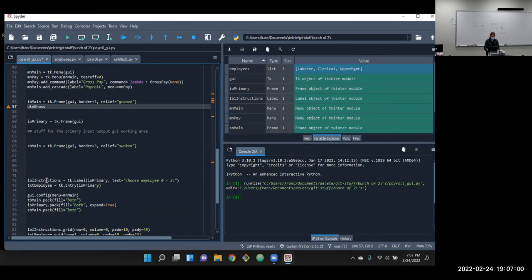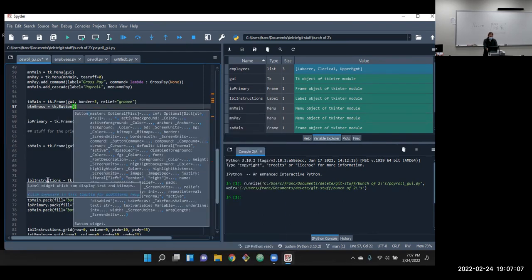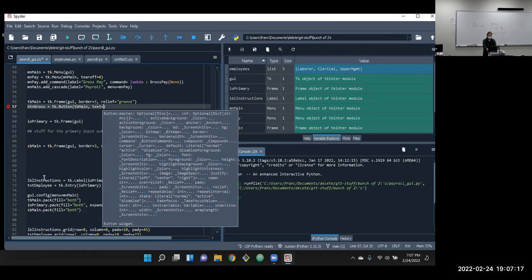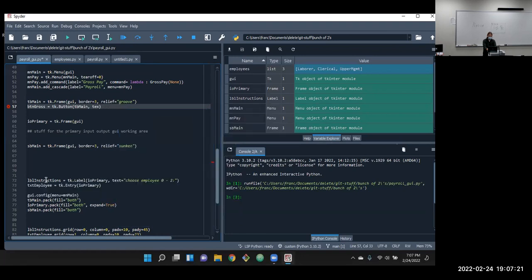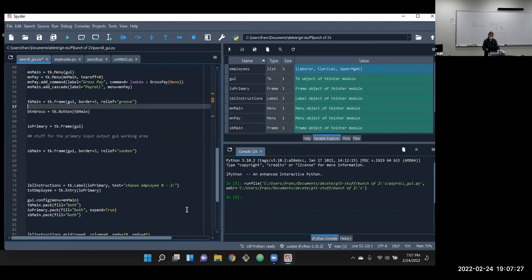Button gross pay equals tk.Button, that's going to go in our main toolbar. And that's probably enough. We could do text equals something, but especially for toolbar buttons, I would prefer to use an image. So I guess I need to draw an image.